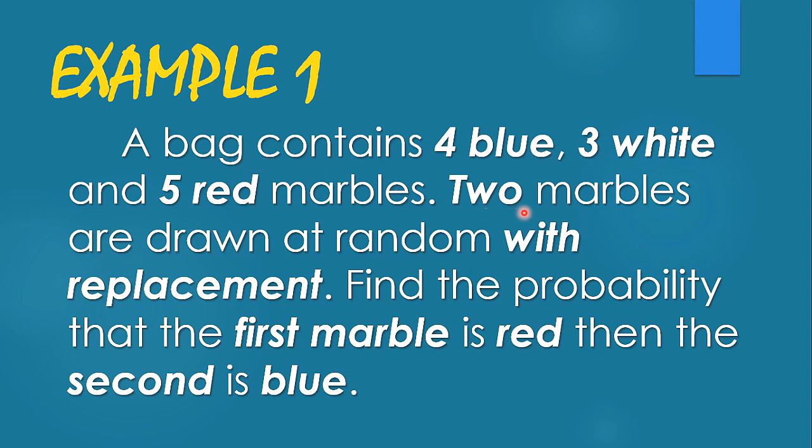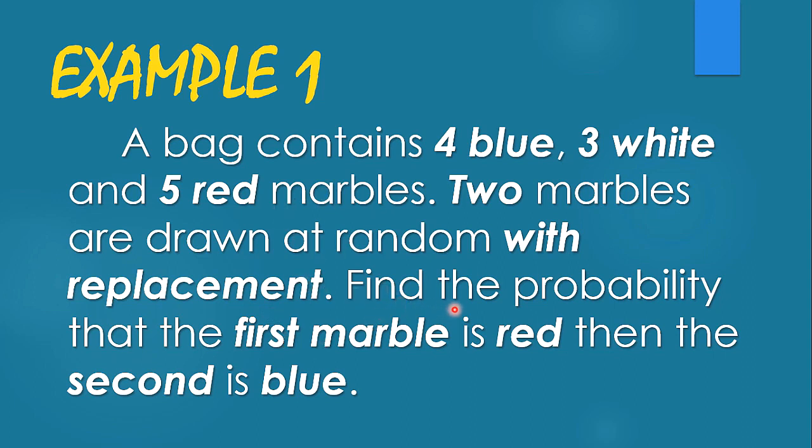And then we need to draw 2 marbles at random with replacement. So this one is an example of independent events because as we replace the marble in the given bag, the total number of marbles in the bag will not